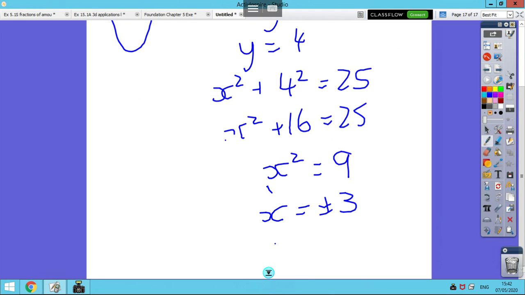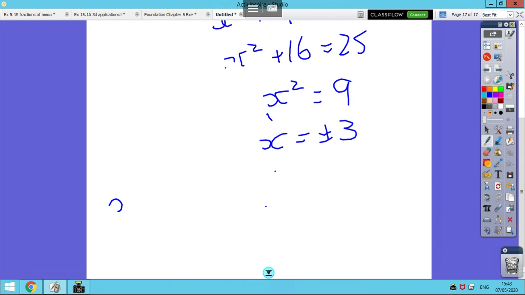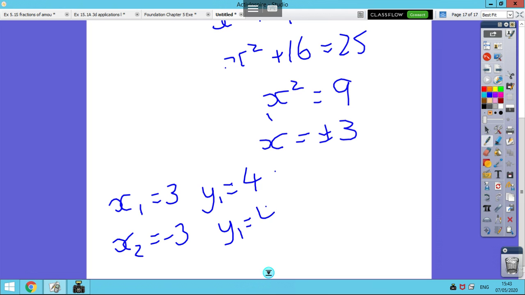And we know that y is just equal to 4, so your solution should have been x1 equals 3, y1 equals 4. x2 equals minus 3, y2 equals 4. Okay, that should have been what you've done. Why did you decide to change it to minus